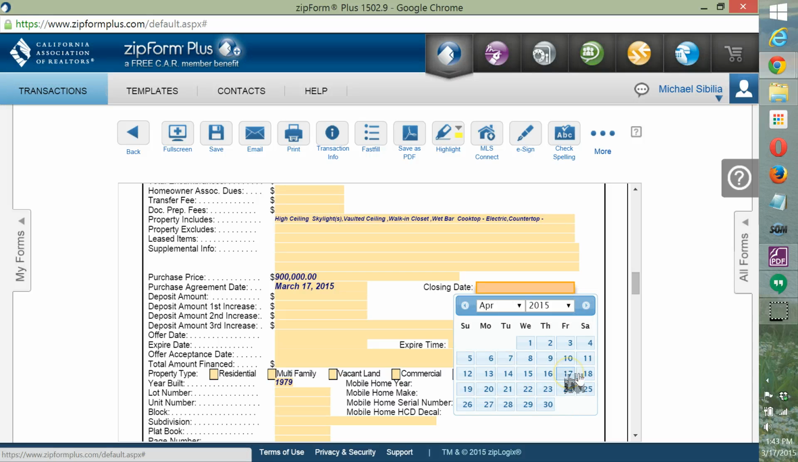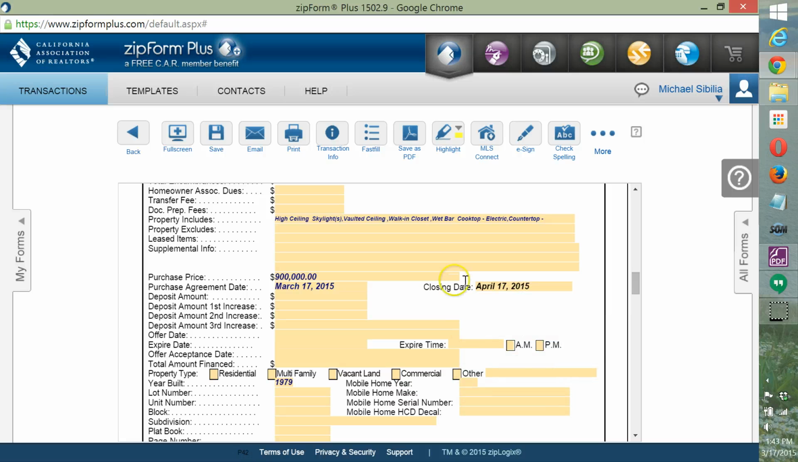So we look, the 17th is a Friday. I kind of like this, that's fine. We could do the 17th. We'll go ahead and do that. The deposit amount, what's 3% of 900,000? 27,000. And if we're writing an offer and we're not putting down 3%, that means that the listing agent, first